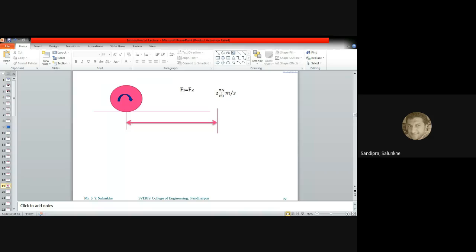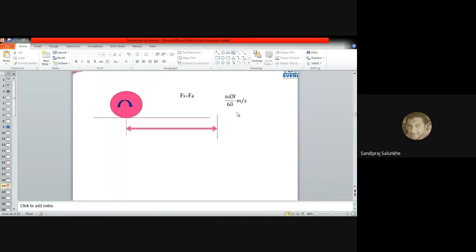No doubt the periphery, which is 2 pi, sorry, pi d. It should not be 2 pi, it will be pi d, where d is the diameter. Okay, pi d n divided by 60. And if you want to write it as 2 pi, then it will be r. So pi d n divided by 60 will be the distance traveled. If you are going to study only this, then it is called kinematics.